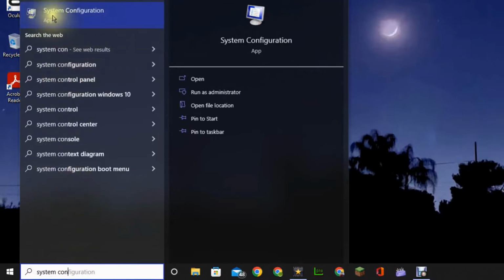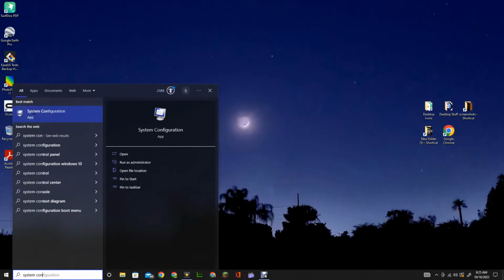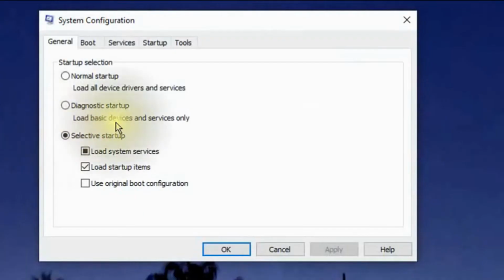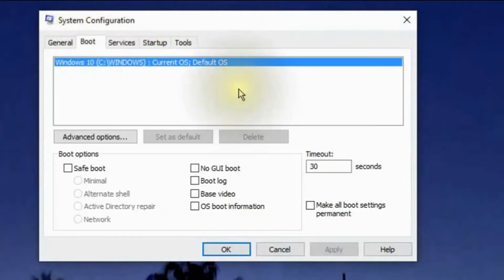And you should see the System Configuration app at the very top. Let's go ahead and click that one, and it comes up in the small screen. Now click on the Boot tab, and you'll see the options for boot. Now, you don't have to copy all of these because this is specific for my machine, but on the timeout, you could set that down to about 10 seconds.